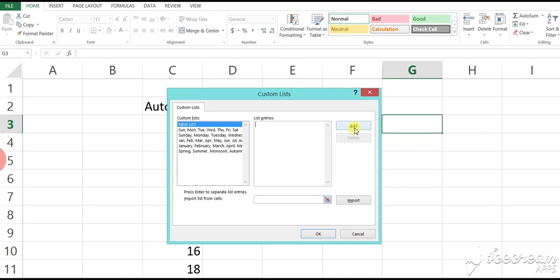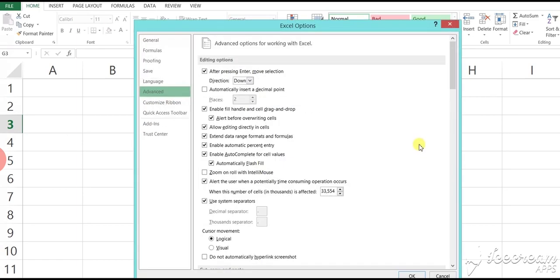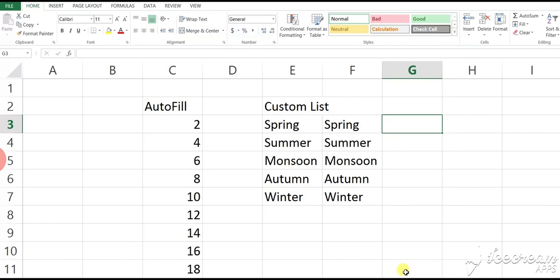Click on this and type a list. That is called the type method. So type a list here in the custom list dialog box. Here we make a list of subjects: maths, science, English, social science, Hindi, then OK. Again click on OK.